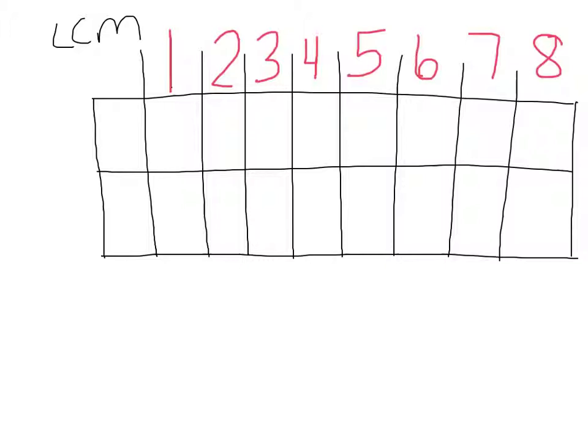So, we learned in class that if you are finding the least common multiple of two or more numbers, you want to make a multiplication chart, because multiples are just that. They are numbers that are multiplied by anything else. So I've drawn out my multiplication chart, and the two numbers I'm going to be working with are 2 and 6. So I put my 2 and 6 on the multiplication chart, and then I start